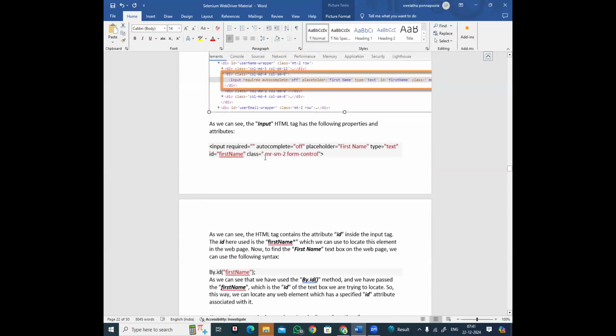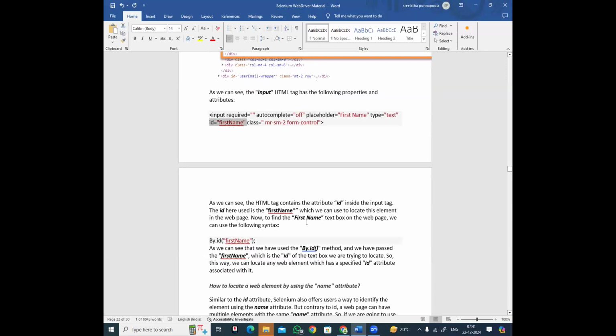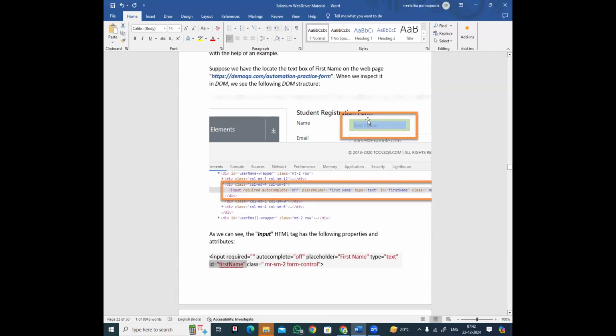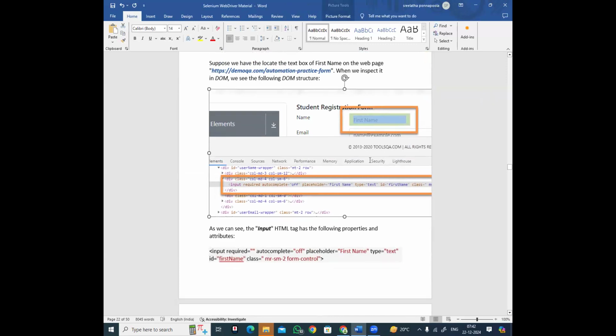As we can see, the HTML tag contains the attribute ID. So here we have the attribute ID, this one. This input tag contains the attribute ID with the value first name. First name is a value, ID is an attribute, which we can use to locate this web element in this web page. Now, to find the first name text box in this web page,